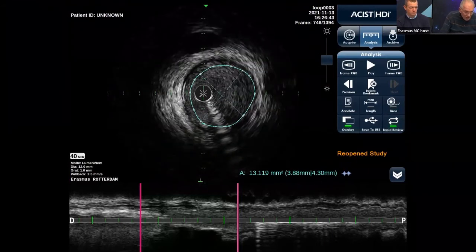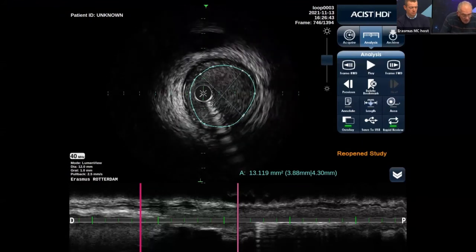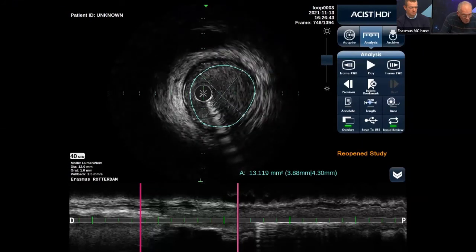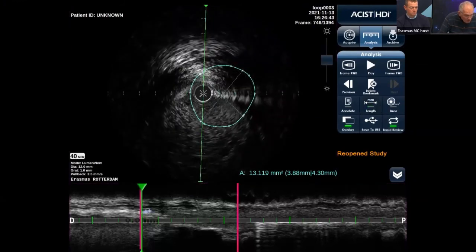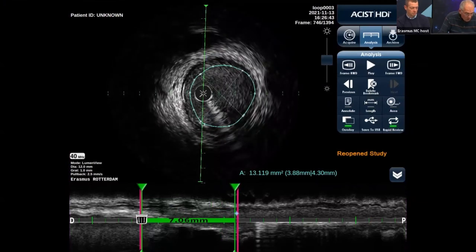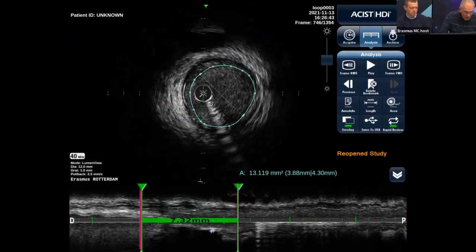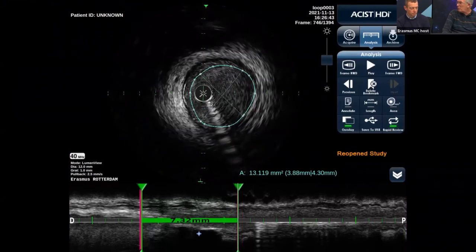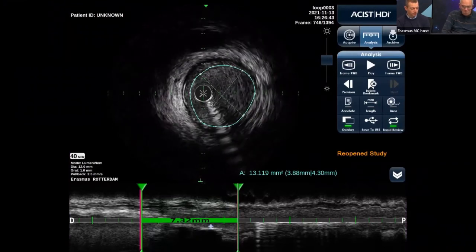Then the length. You see here in millimeters, in this way you can make a length with a caliper. Then we take from one bookmark to the other, and we get a length of 7.3. Probably you're going to round it up a little bit above. So if we go back to the case,